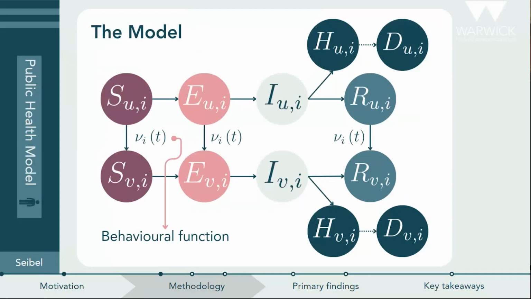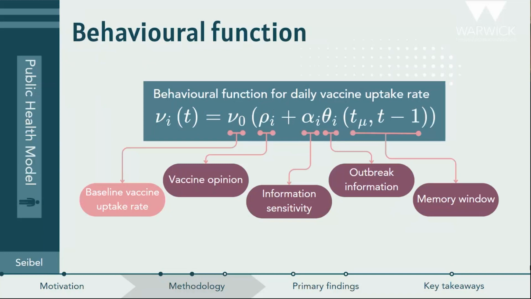This is the overarching model that I've tried to simplify as much as I can, but this is a typical SEIR type disease model. The thing I would like to highlight here is the vaccine uptake. I'm calling this my behavioral function. The key part of this model that is different from others is, instead of having a fixed vaccine uptake rate, this changes based off of what behavioral group you are in, as well as what information you have on a day-to-day basis in the outbreak. So I'll go into describing this a little bit more.